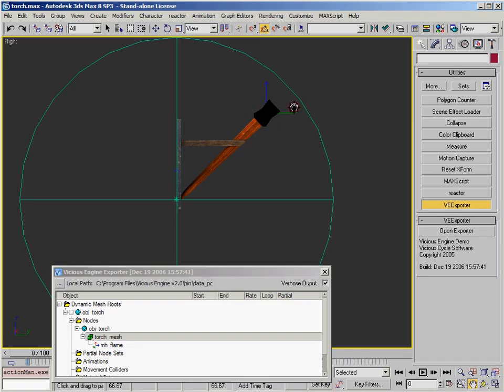So that will export as an extra node on my character, and I'll be able to spawn my fire particles. You can use mesh helpers for all kinds of things. If you want to attach an object and put it in the player's hand, you can put a mesh helper on the player's hand and then attach the object to that. Anywhere where you need a point to spawn something from or attach something to, you can use a mesh helper